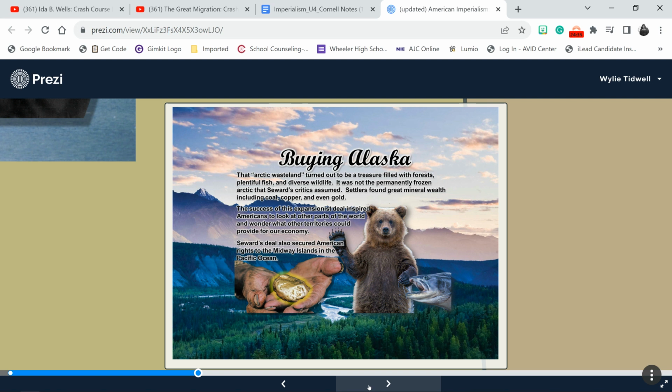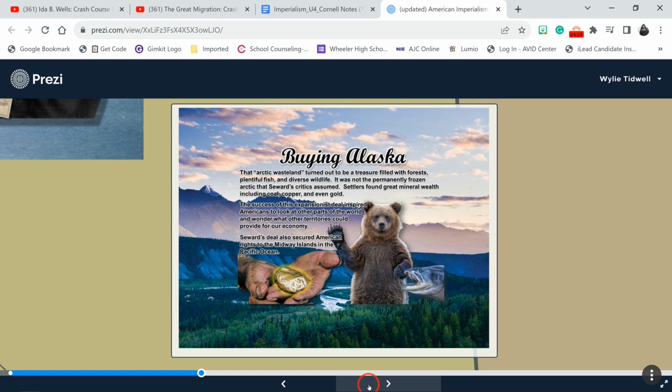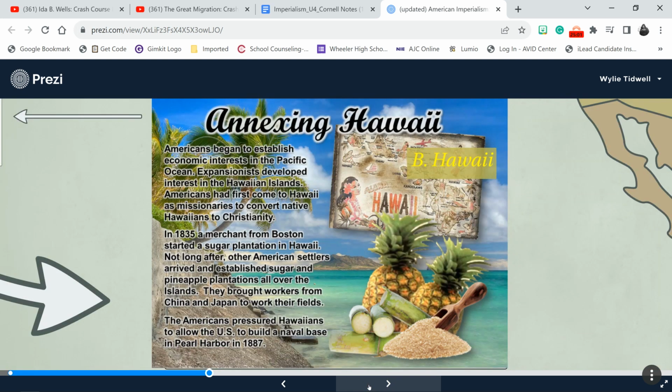So what we're saying here is that it was considered to be an Arctic wasteland. We did find a little bit of gold, a lot of good fishing. We got the fur. But Seward also secured American rights to the Midway Islands in the Pacific Ocean. That's important to remember when we get to World War II. There's something called the Battle of Midway. It's actually a really good movie, too. Like, if you like war, fighting movies, it's a darn good movie. Speaking of islands,